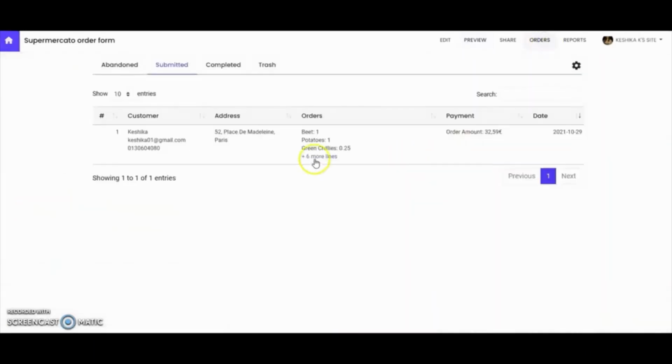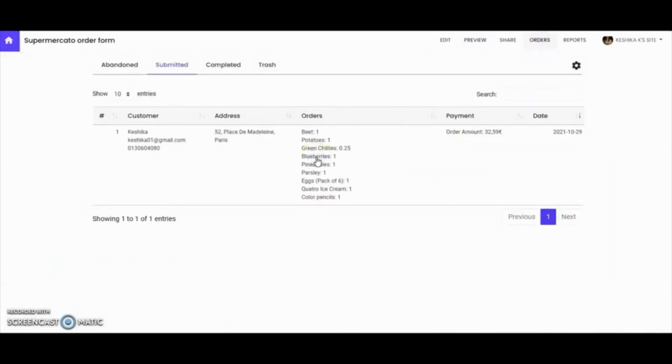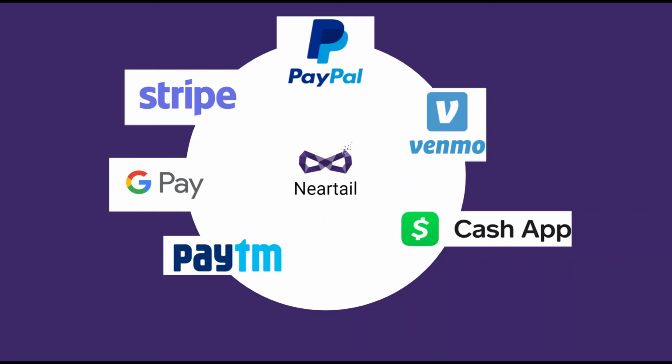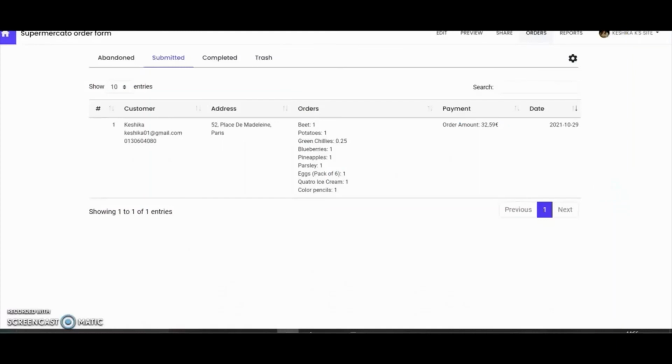You can go back to your order form and click on the orders tab here to see the list of orders that you've received. All this while, did you notice that you did not do anything extra to calculate order amount and summary? Yes, all that is built in automatically. However, you can further customize this form to add, say, delivery fees or sales tax calculations. For the payment, you can integrate the form with your preferred payment option, including PayPal, Venmo, Google Pay, and Stripe.